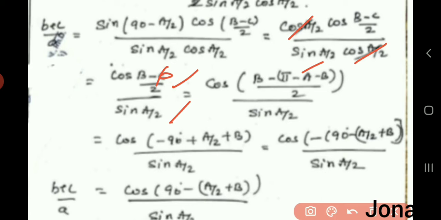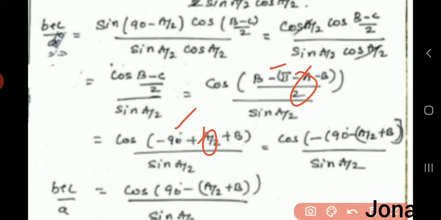So I can write like this, and then remove the bracket so that we can have here B plus A, and even here also plus B only, isn't it? So that will become 2B. 2B by 2, we can cancel 2 so that is simply B, and here A by 2. Here minus pi by 2, that is nothing but minus 90 degrees.